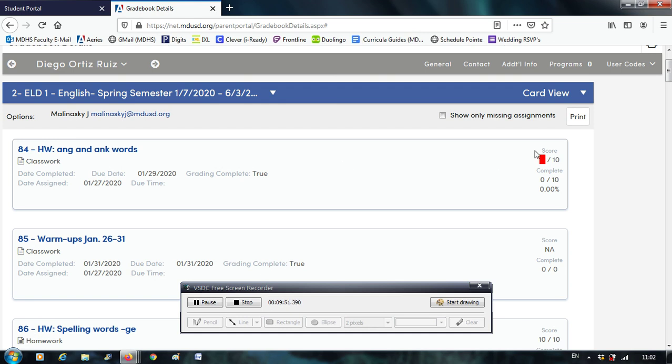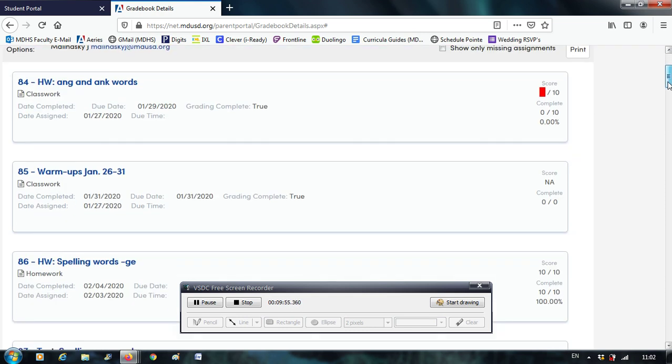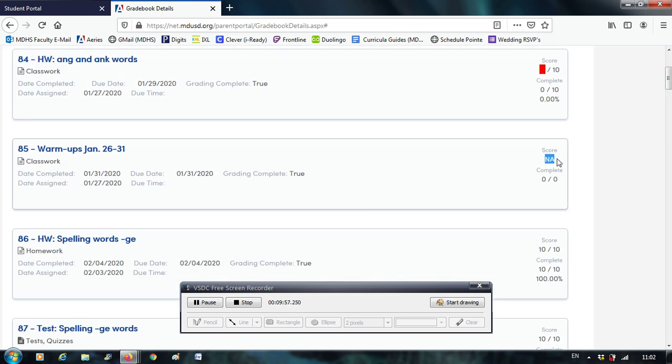The teacher has graded the assignment, and Diego has not yet turned in the assignment. So this will be a red square. Sometimes you will see something that says NA. That means